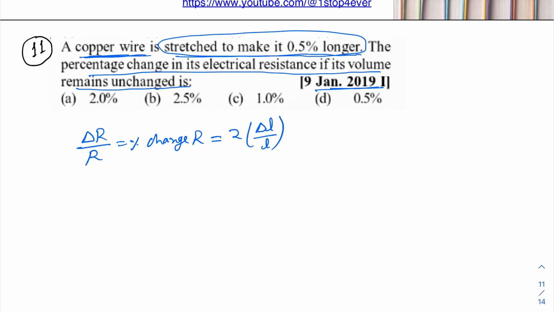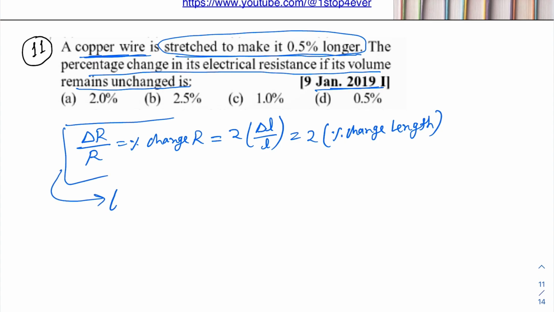del L कितना हो गया आपको चेंज, that is del L कितना होगी, del L means what, it will be 2 into percentage change in length। ये important formula है, this is only valid for a small change in length and volume is constant। okay, स्मॉल चेंज इन लेंथ यहाँ पर कैसे हो गया, देखिए यहाँ पर क्या है